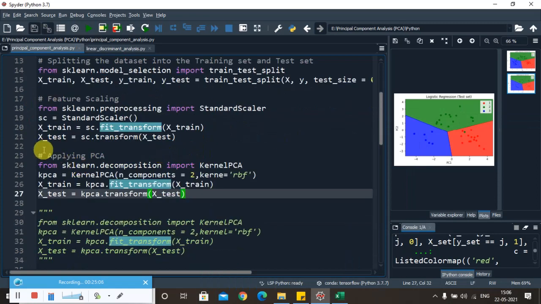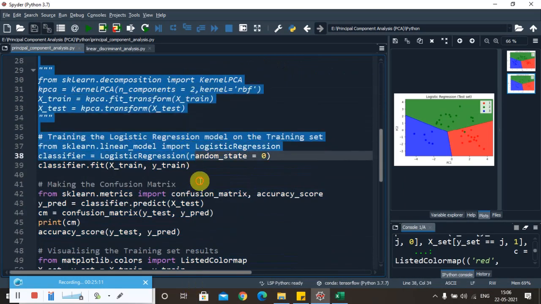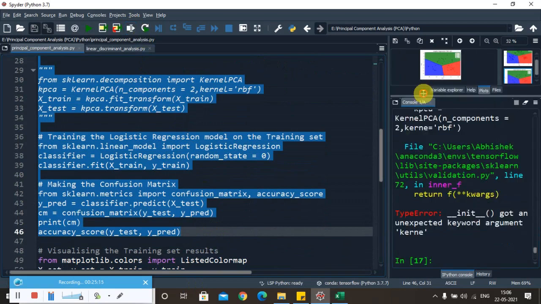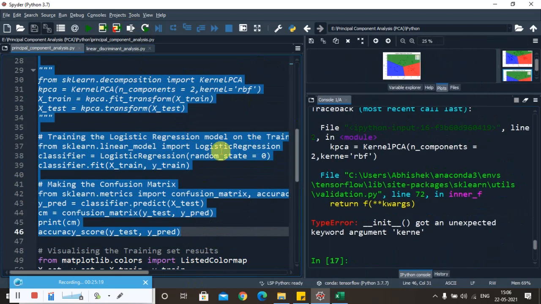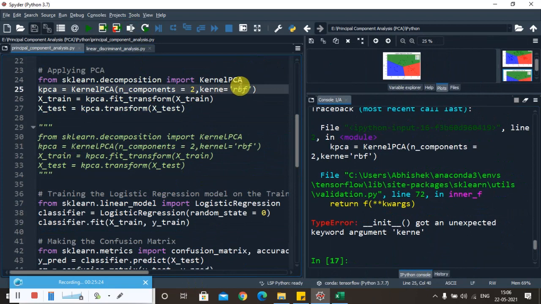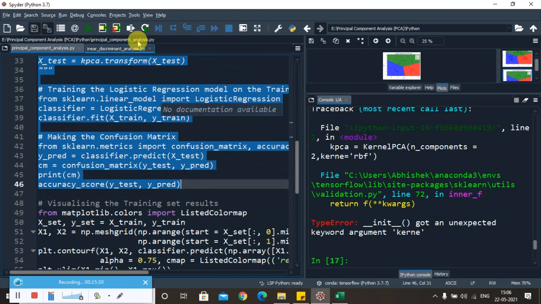These lines of code I'm going to execute again till the confusion matrix, and let us try to analyze the output here. I think I made a small mistake here. I forgot to write L. Anyway, we are done with that. Now let us try to execute these lines of code.